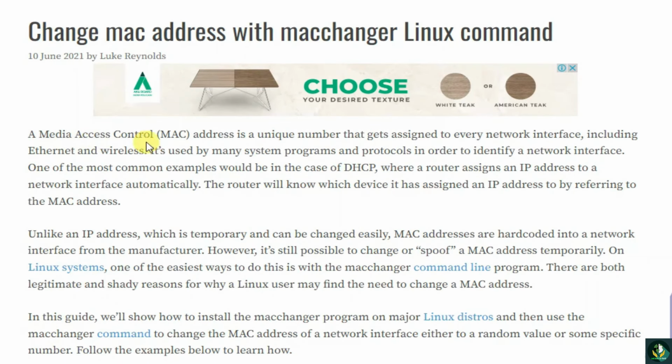Changing MAC address with MacChanger in Linux. MAC stands for media access control. A MAC address is a unique number that gets assigned to every network interface, including Ethernet and wireless. It's used by many system programs and protocols in order to identify a network interface. One of the most common examples would be the case of DHCP, where a router assigns an IP address to